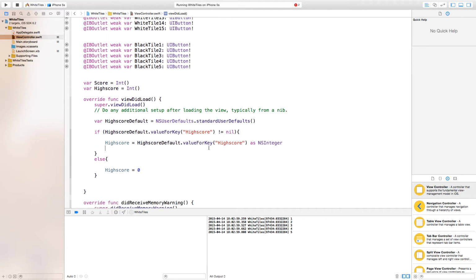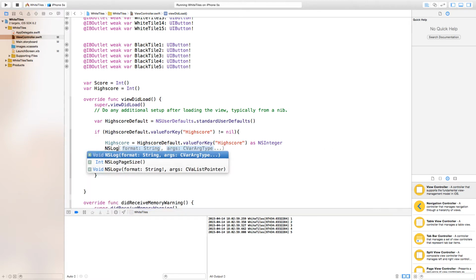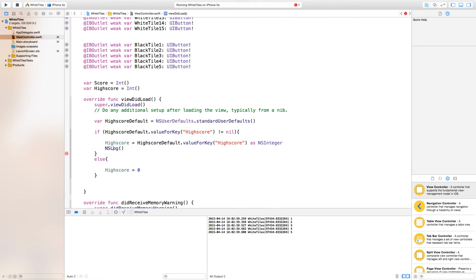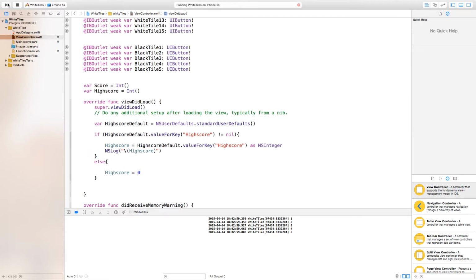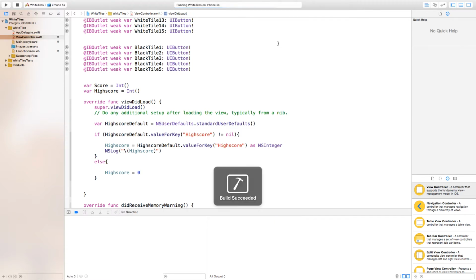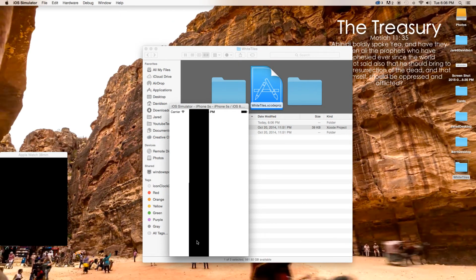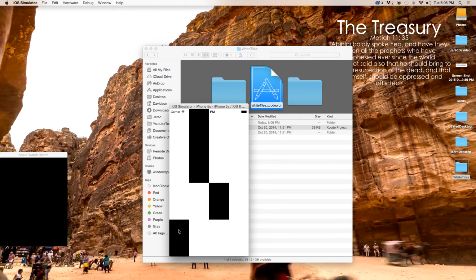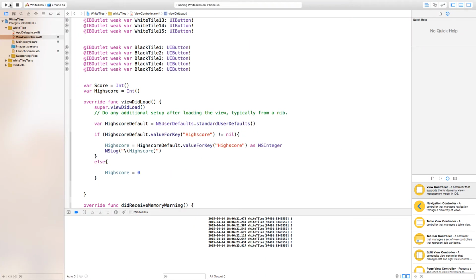Before we build and run this, we need to check and see how our high score is doing without creating a label just yet. So in order to do this, you'll just say NSLog(), and then open quotation marks, and inside of that you go \(), so we can just see our integer. Then you just type in intHighScore, and now when this view loads, we shall see which high score is being loaded up. Now it is saving in the background, so right now I'm creating a high score of 9. So if we were to build and run this, we will get our high score coming up